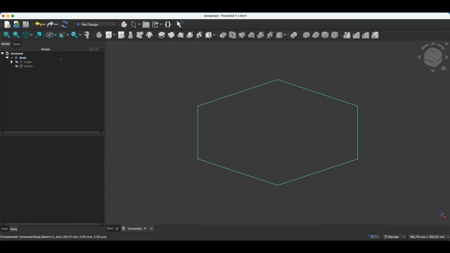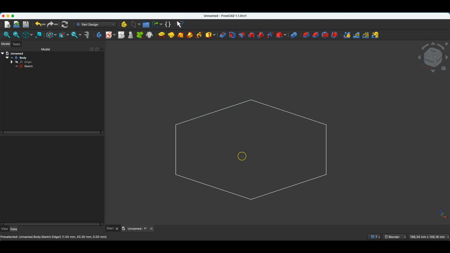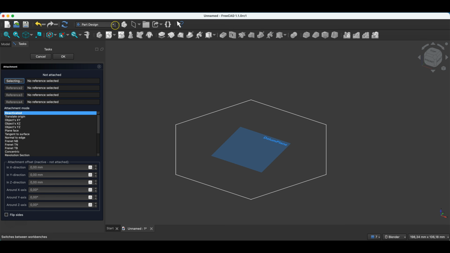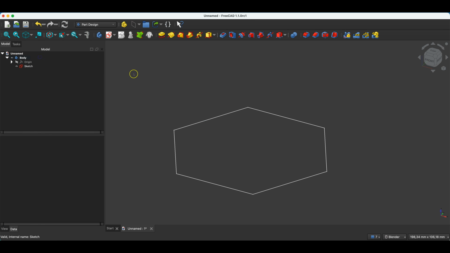We close the sketch, and now I will create another sketch on a construction plane that will be offset from the XY plane by 50 millimeters in the z-axis. I clicked the left mouse button to deselect the sketch because we can also create a construction plane relative to a sketch, but for now I want to show you how we can do it relative to the coordinate system plane. I select the Datum Plane command, and here by default a construction plane coinciding with the XY axis was created. However, if you would like to create a construction plane that will be, for example, offset from the XZ